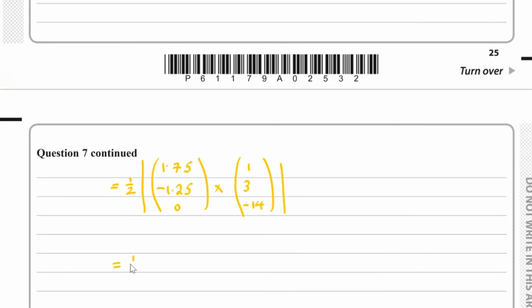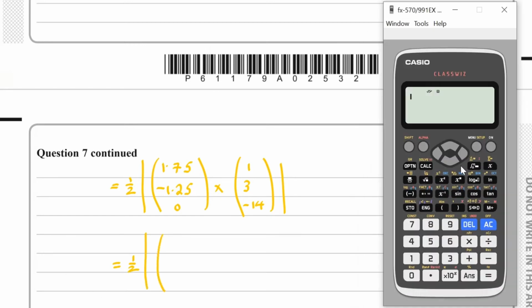So working this out, we have 1/2 times the magnitude of, and if we go to the vector section,